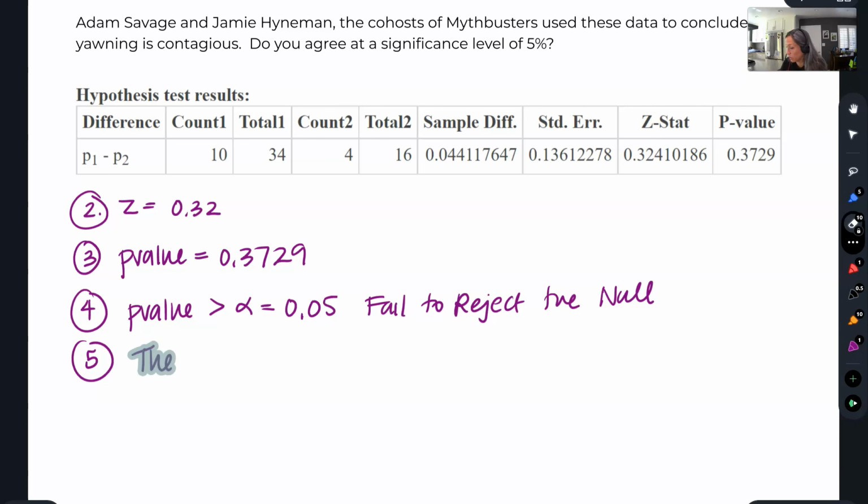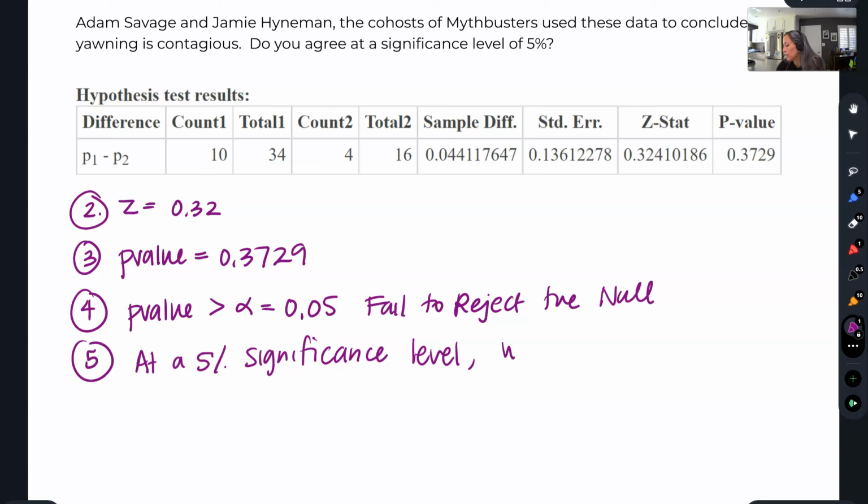I'll use all of the words that I'm supposed to use. At a 5% significance level, though truly even at a 10% significance level, which is the largest really acceptable significance level people use, we do not have enough evidence to conclude